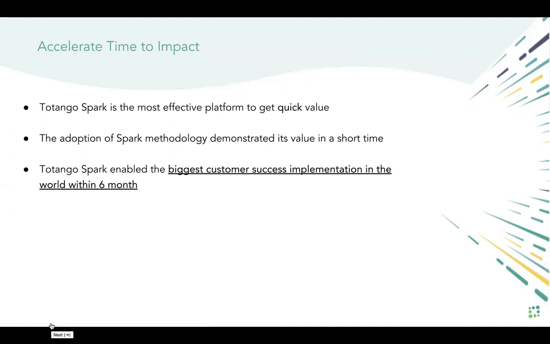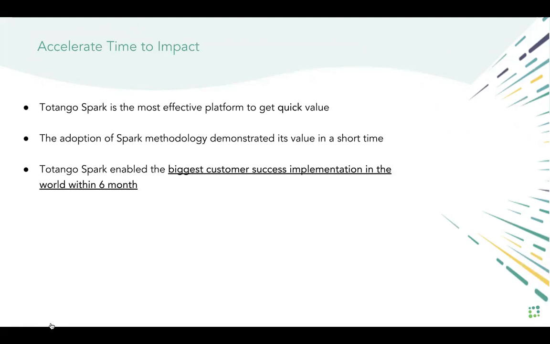Totango Spark proved itself to be the most effective platform to get quick value. The adoption of the Spark methodology demonstrated its value in a very short time. Every customer that started to use Totango Spark managed to define their methodology and the company's best practices very quickly using Spark Success Blocks.